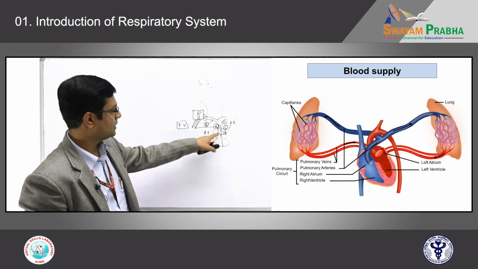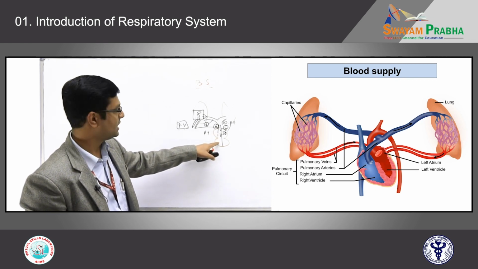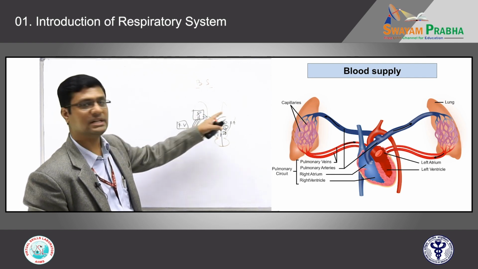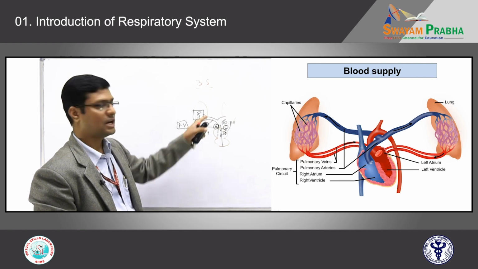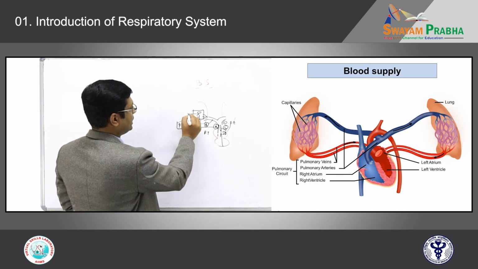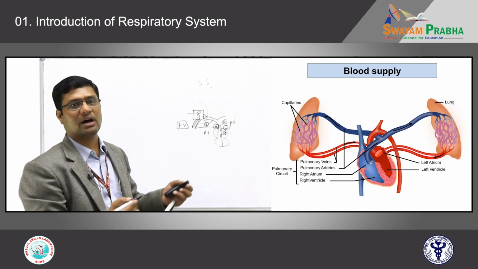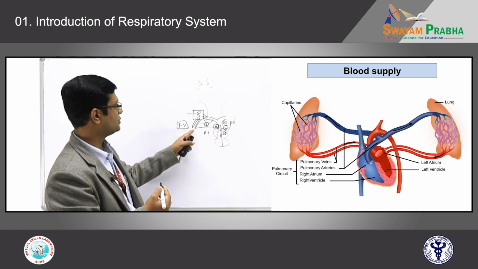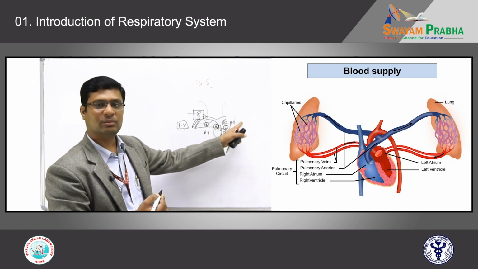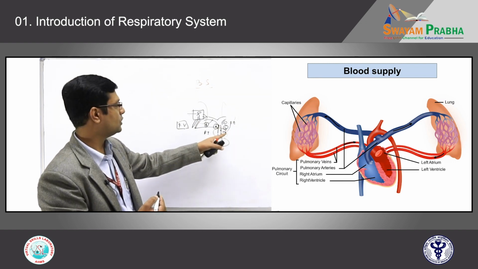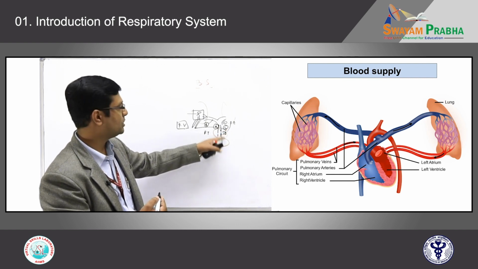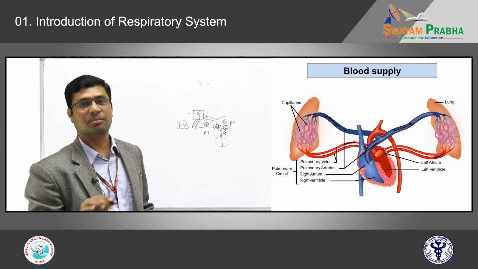I repeat, the main pulmonary artery from the right side branches into the right pulmonary artery and left pulmonary artery, which enter each respective lung at the level of the hilum. It forms a capillary plexus around alveoli, where exactly the gaseous exchange takes place. Once receiving oxygen, the plexus will combine to form 2 pulmonary veins on the right side, 2 pulmonary veins on the left side, and they open into the left atrium. Here the pulmonary veins contain oxygenated blood that will be circulated throughout the body. This is the main pulmonary circulation.